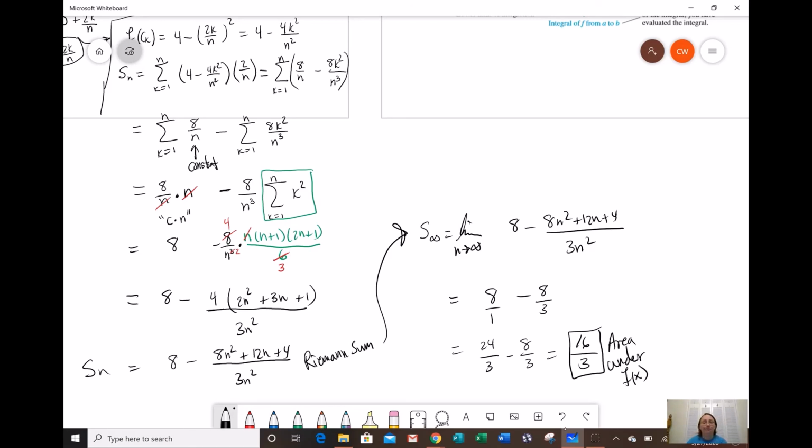There you go. So yes, those can be a little bit challenging. They put a lot together, so you have to do a lot. You have to find your endpoint that you're going to plug in. You have to plug it into your function. Then you have to create your Riemann sum, simplify the summation, get rid of the summation using the summation formulas. Then you have to take the limit, and you're going to need your limit rules. So yes, there is a lot in there, and